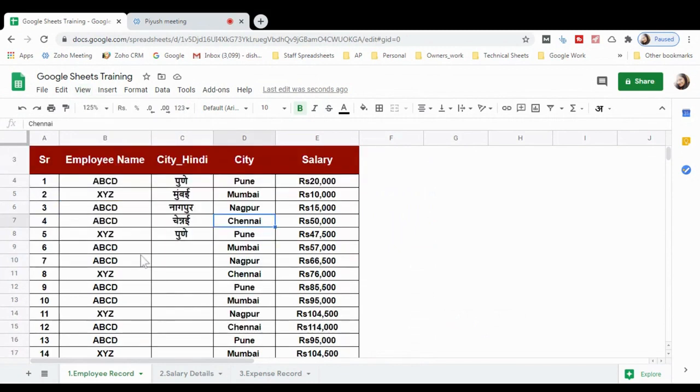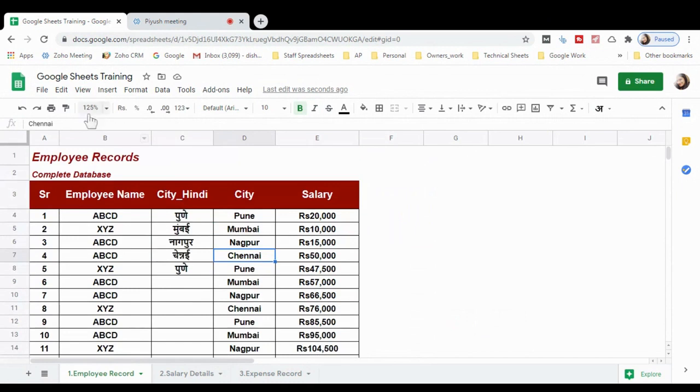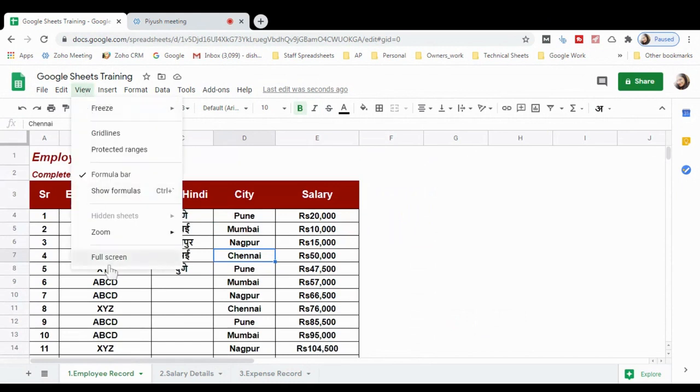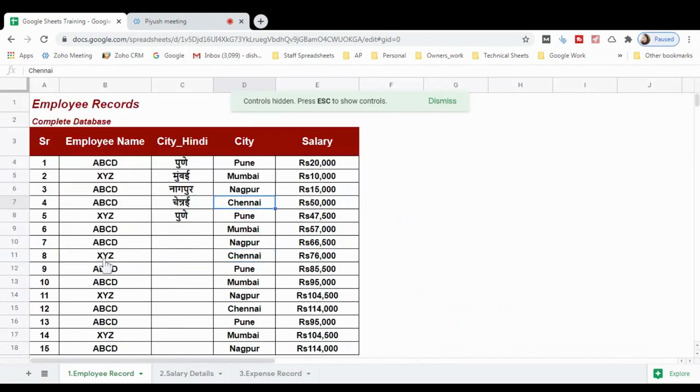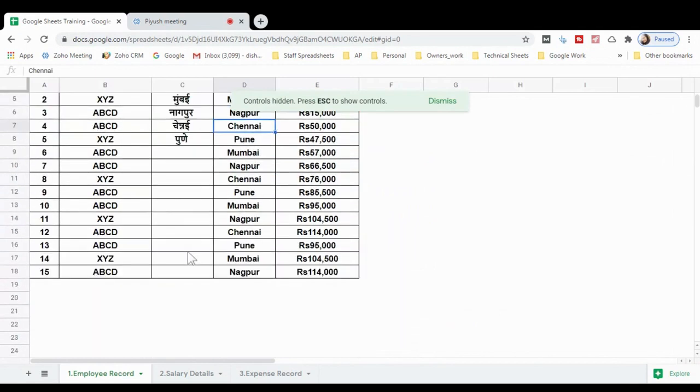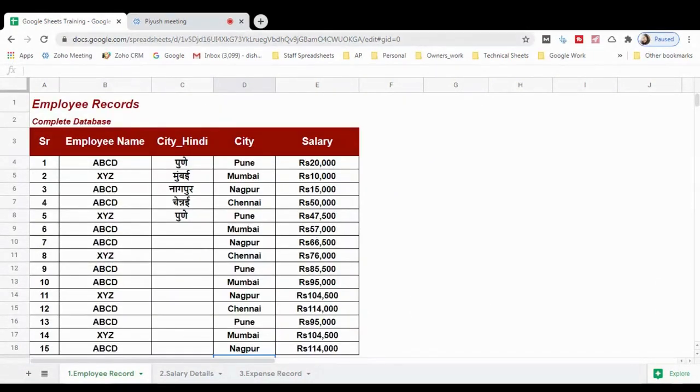If you want to see this sheet in full screen mode, then click on View, click on the Full screen tab. As you can see, the sheet is in full screen mode. In this mode you cannot see the formula bar and the File, Edit and other options.